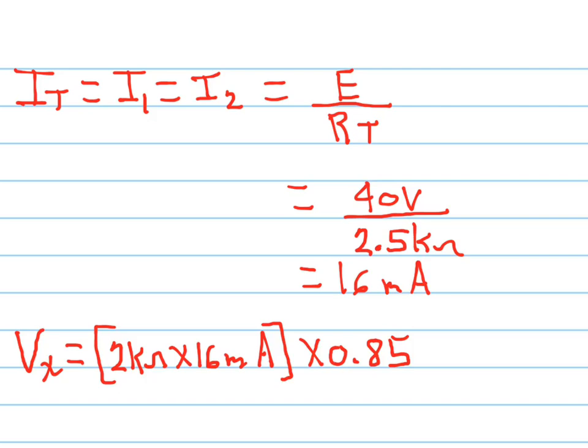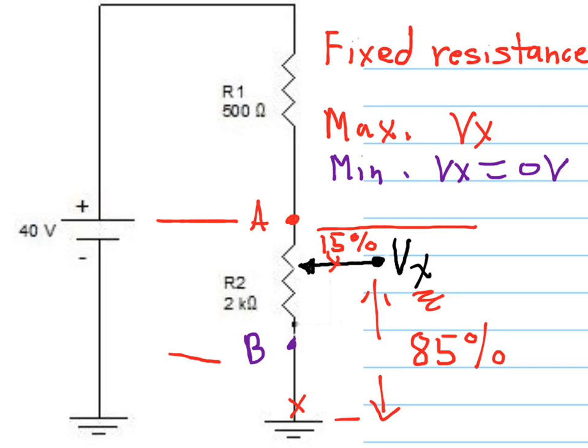2 times 16 times 0.85 equals 27.2 volts. And I think I need one more page. So go back. So therefore,